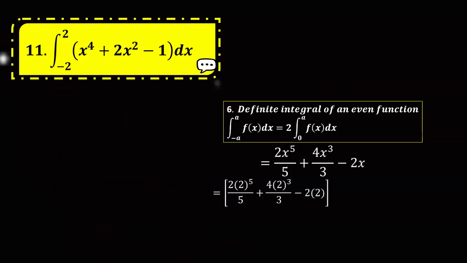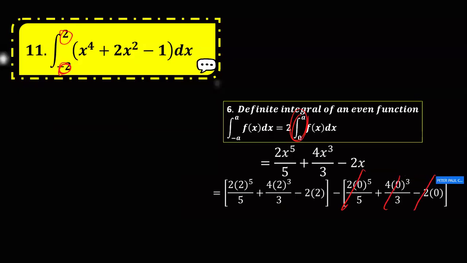Next, we substitute the upper boundary, which is 2, and then the lower boundary becomes 0, based from this notation. So that's minus 0, so everything will be cancelled. We'll just try to evaluate this one. So the answer is 292 over 15. So you just try using your calculator at home.